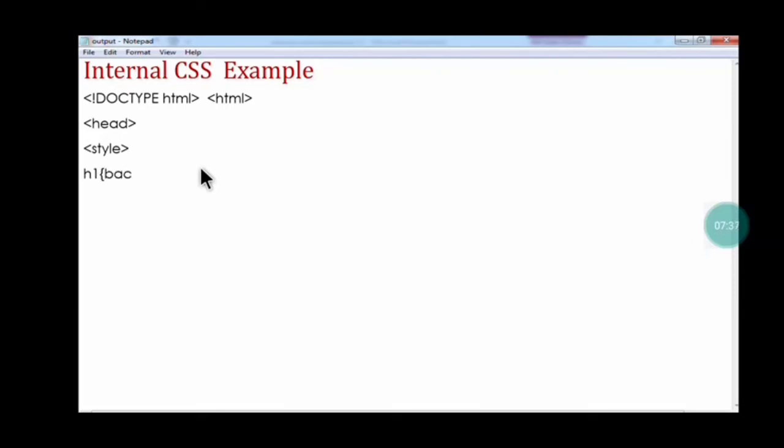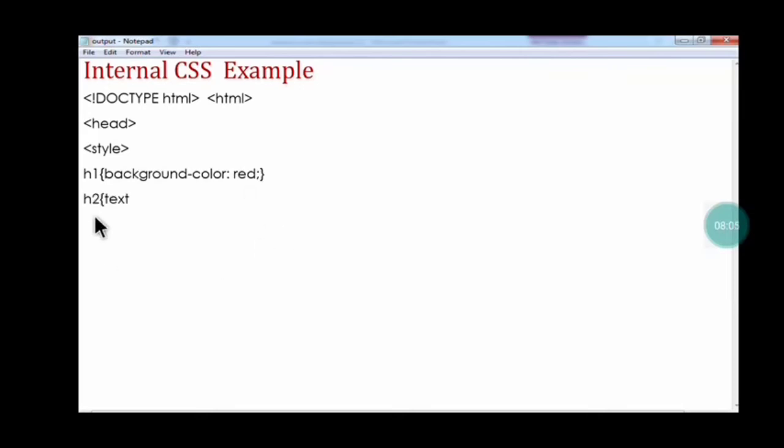After head tag you have to start with the style tag, because here you have to create a style. It's called CSS. So in the style tag, which style you are going to create, for what you are going to create, that you are going to use here. For here I use the h1 tag, and in h1 tag I have created the background color, and the red name is given for the color, means background-color: red, and this property will give the red color to the text, and the text will be printed in the large font size.